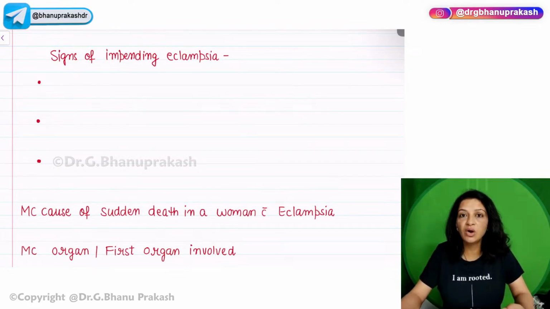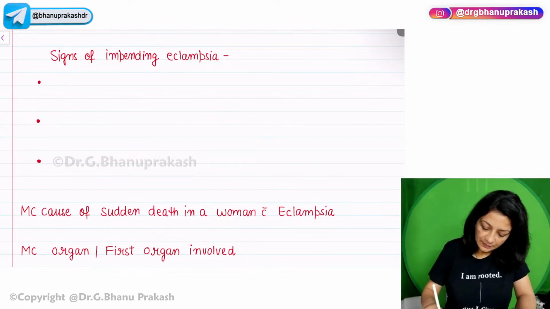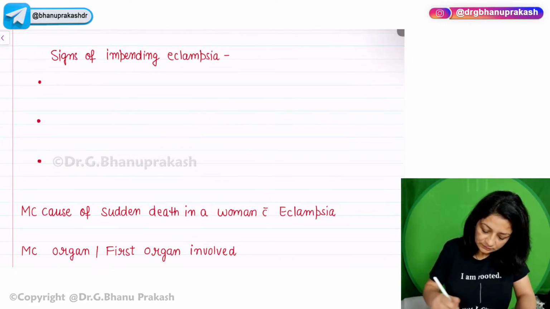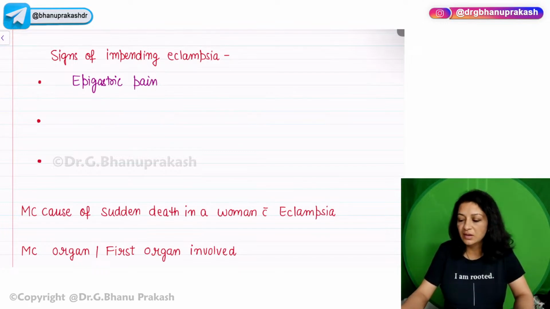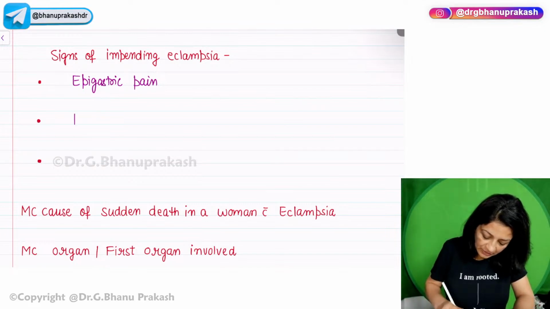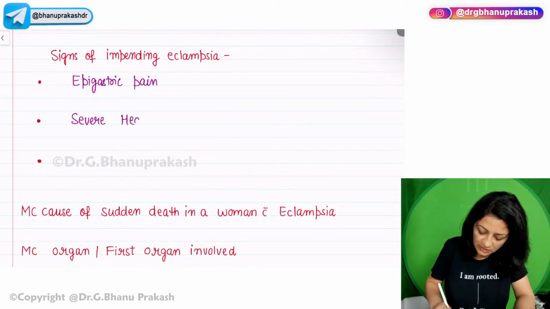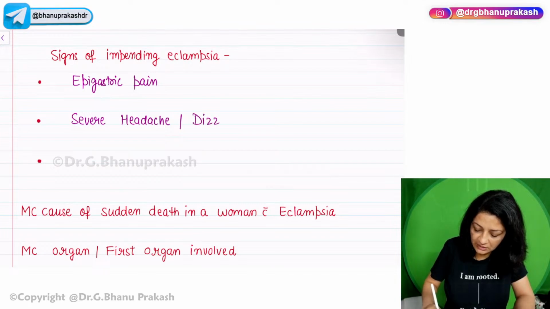So 3 important signs: first one, epigastric pain due to stretching of liver capsule. Second one, severe headache. Patient will complain of severe headache and dizziness